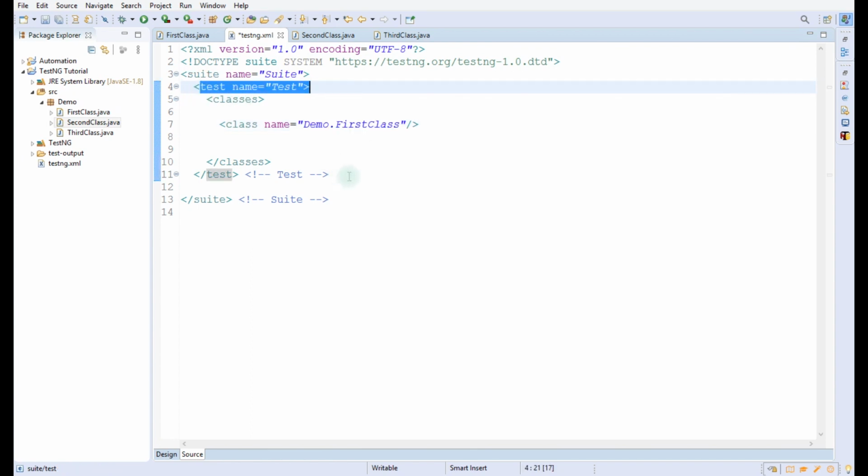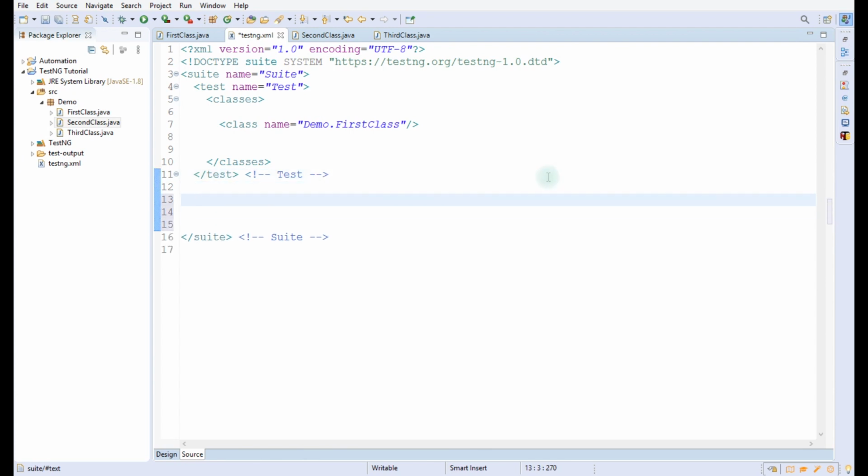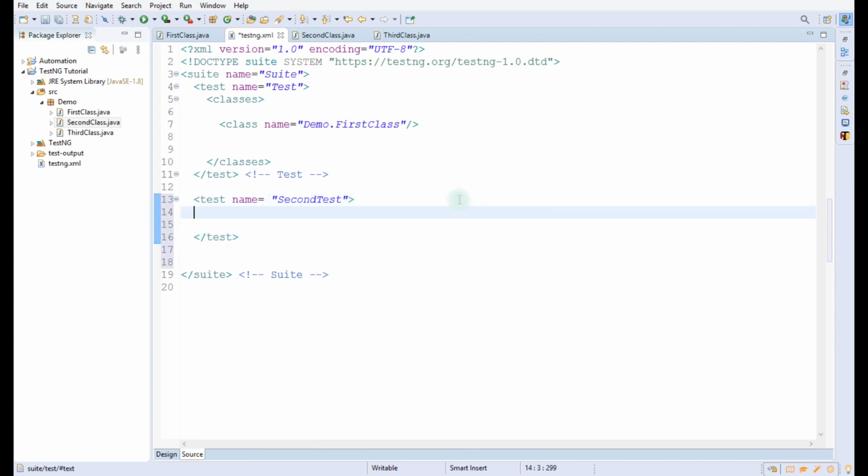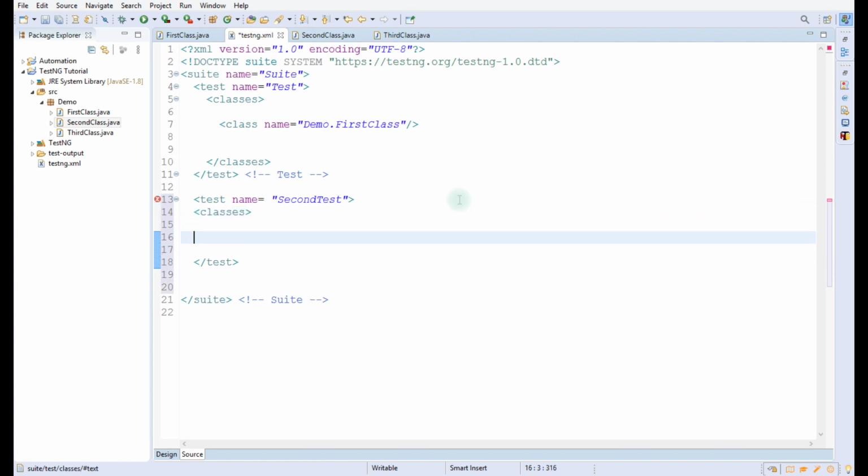If we have to create another test inside this XML, what do we have to do? We have to create the test tag here first. Let us name the test second test, and then we have to close it here. And inside the test tag we have to create classes, and again we have to close it here.